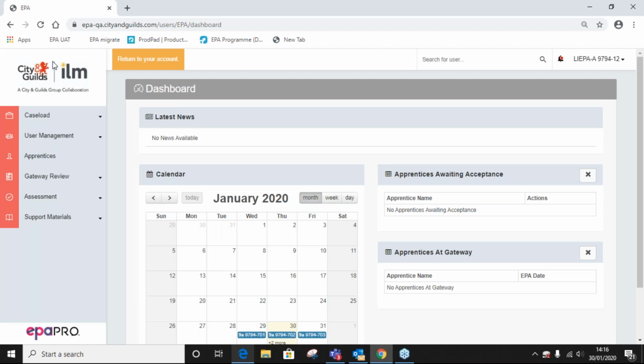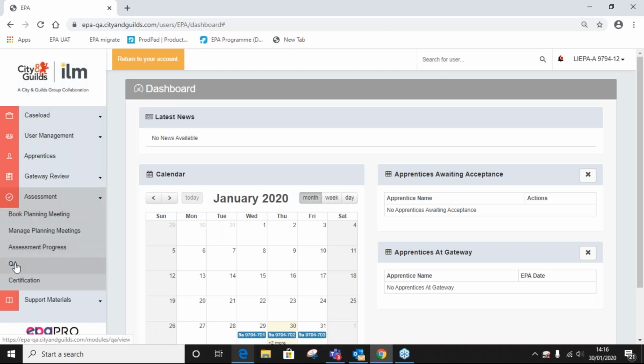Libby, what I'd like to do is show them, as a LIEPA, the landing page of the different IEPAs when they look to see the work that they need to quality assure. So can you show them that? I certainly can. Again, to your left-hand side, you will select the assessment tab and select the QA.